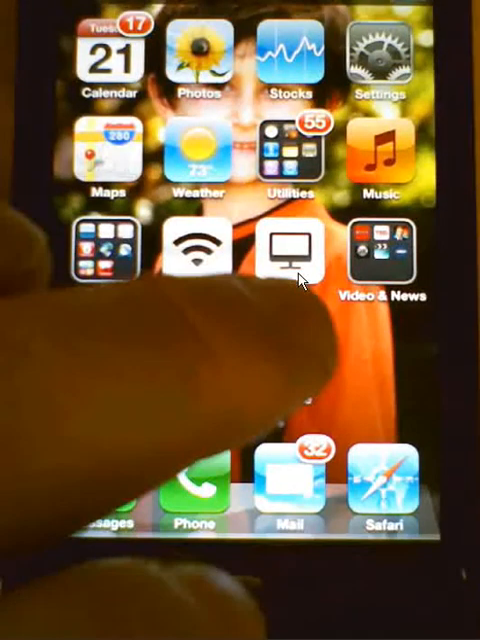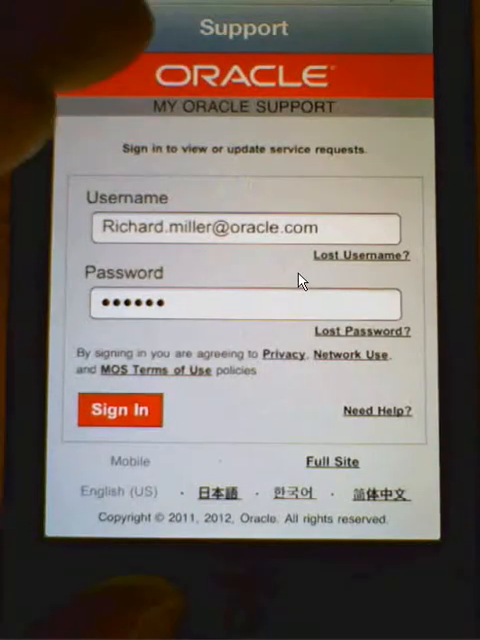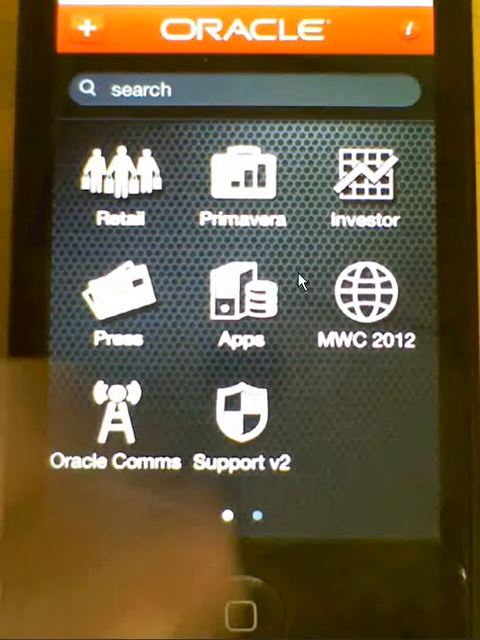Let me switch over here. And for the iPhone users, you'll see I've installed the Oracle application. And within the Oracle application is a support link. And the support link